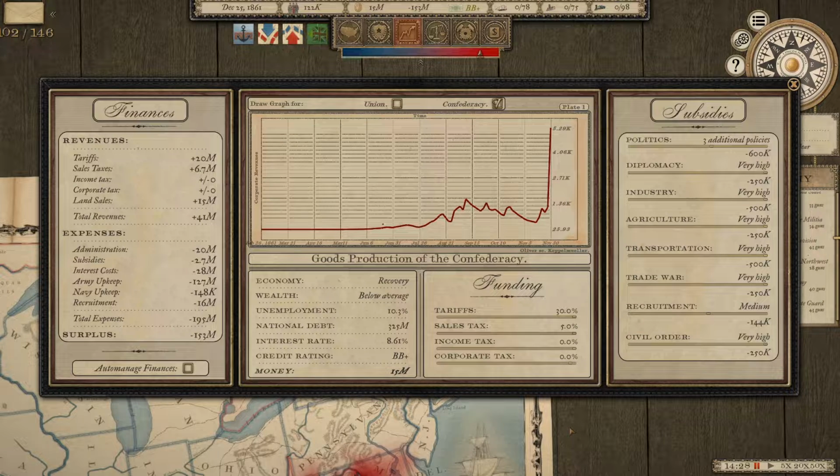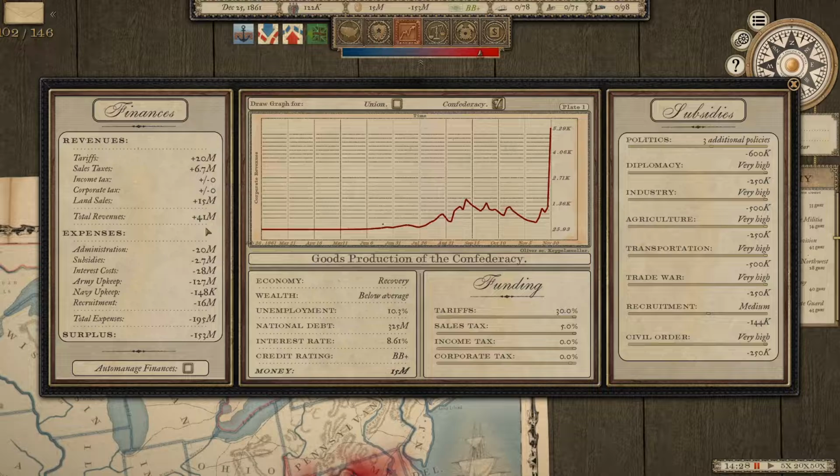The game presents you, when it comes to the economy and the military, with two balancing acts you have to perform simultaneously. The economic balancing act is you need in the short term to raise revenue so that you don't incur crazy